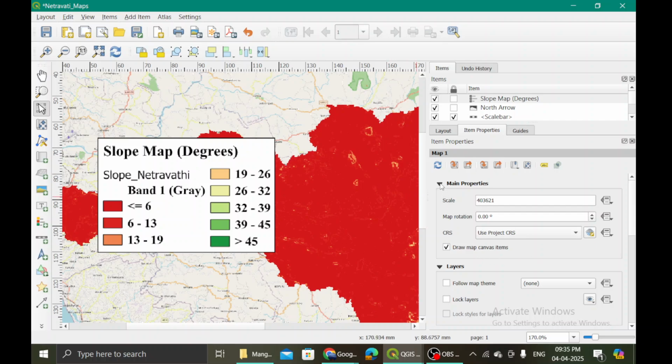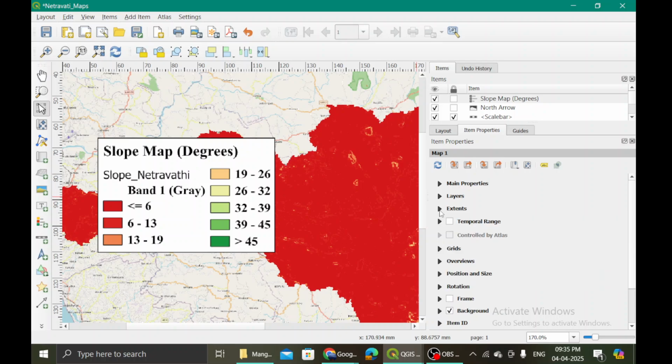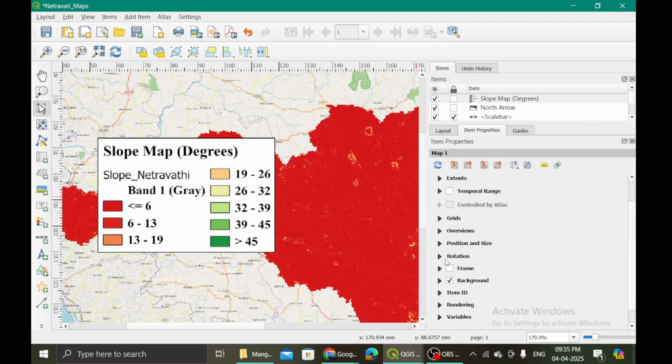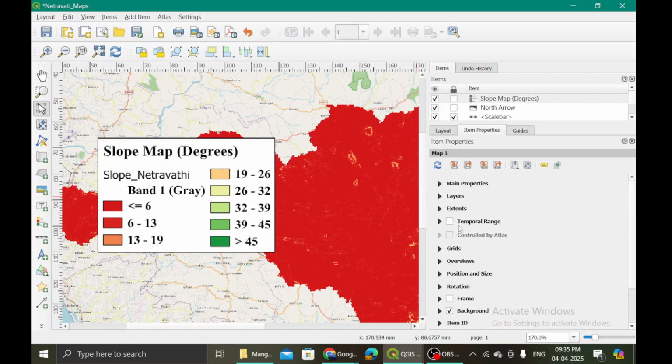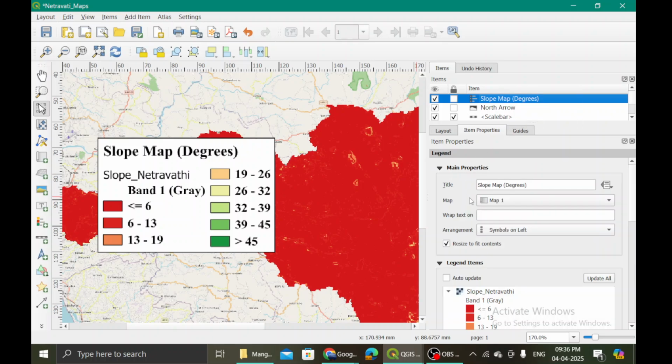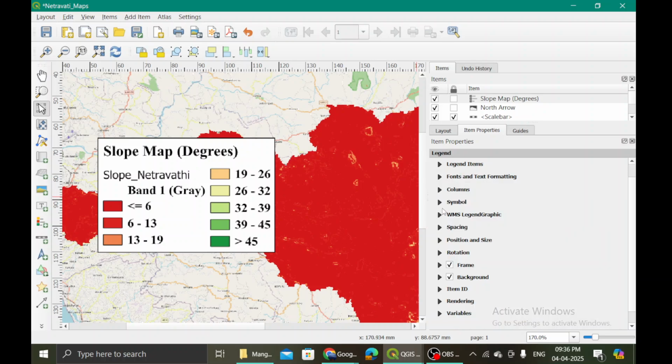What do I do? Mention items. Spacing, rendering.